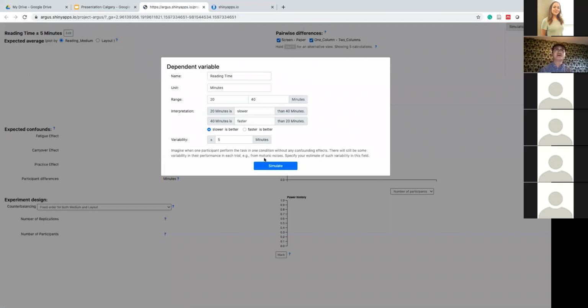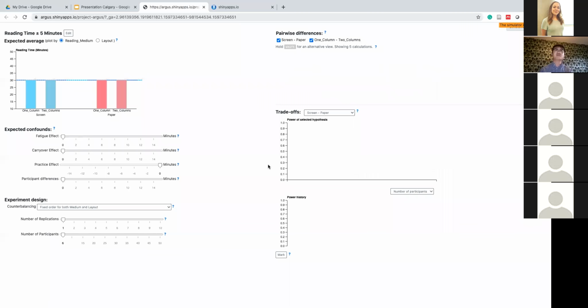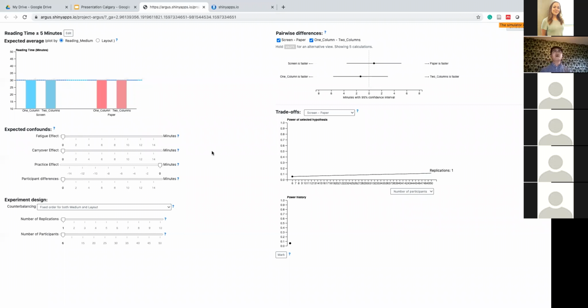Okay, I specify the information for the dependent variable. Basically, people could make the estimate of those values either based on the literature, a pilot study, or their own hunches. From my personal experience, I feel that using screen is faster than paper.